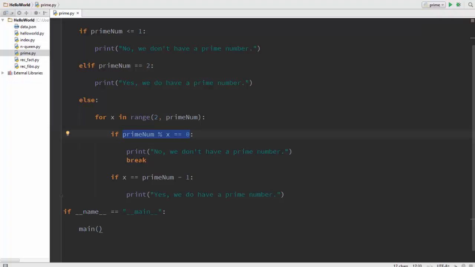As seen in this code over here, we use a for loop to iterate from 2 to prime number minus 1, which is obviously going to happen with the range function in Python. How do you check if the remainder of a particular division is 0? If you want to divide something and check if the remainder is 0, for that we use the modulus operator. The modulus operation returns the remainder of the division, which in this case is prime num modulus x equal